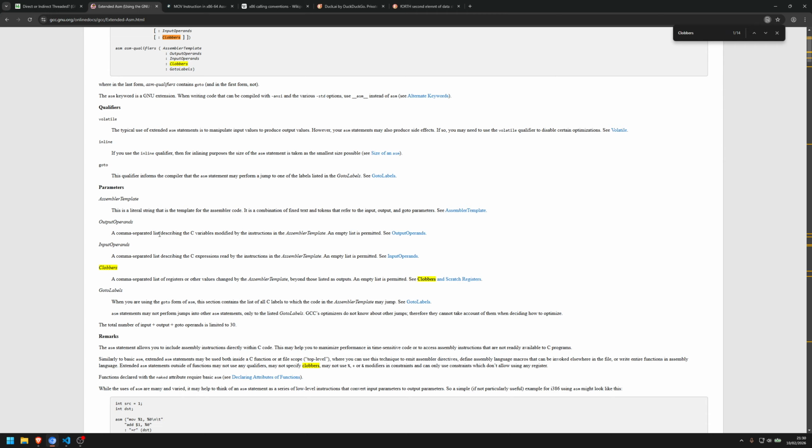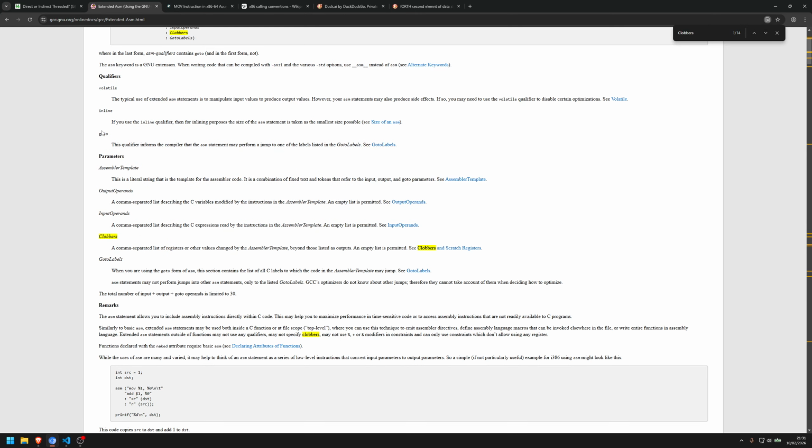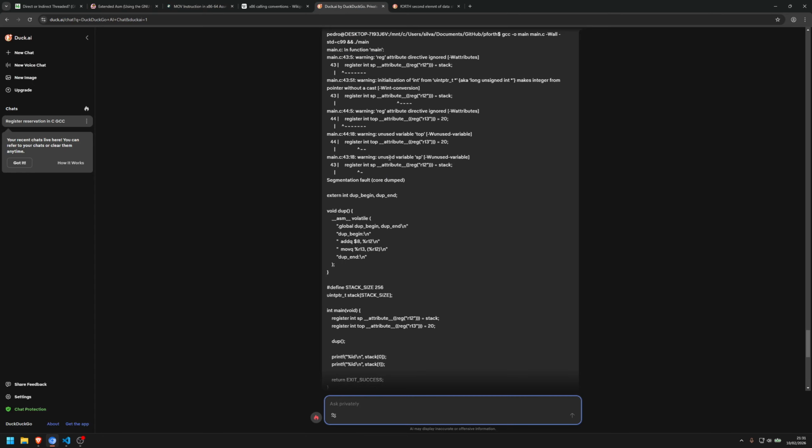And then here, the C variable is modified by, okay, so this is a comma separated list describing the C expressions read by the instructions. Okay. Volatile, and these qualifier forms that the compiler may perform a jump. Okay, so goto is actually important, because when we have conditions and ifs and all of that, we may want to add this qualifier. Anyways,